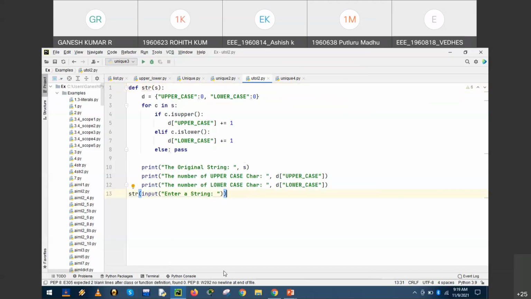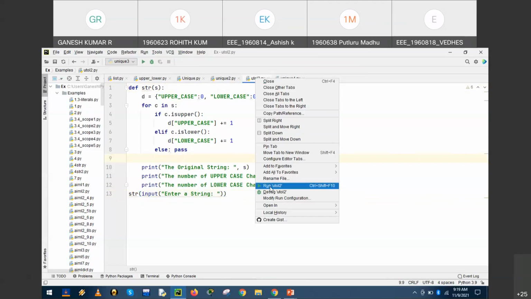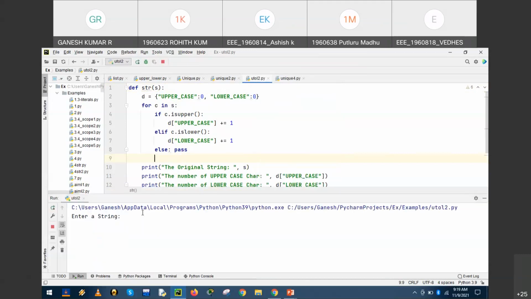Okay, is it clear? Any doubts? So let us check, are there any spelling mistakes? Have we missed any part? Since no underline is observed here, we assume that the statements have no errors or mistakes. Let us run the program and check the output, how it works. So, enter a string.